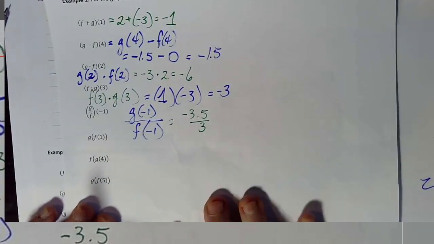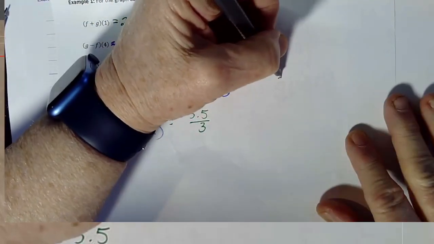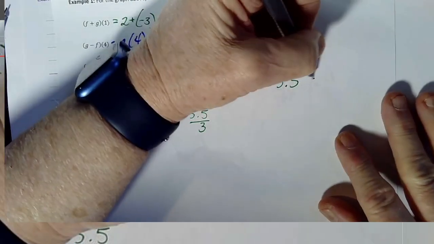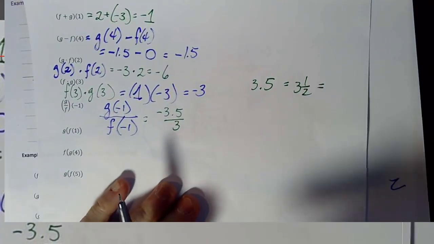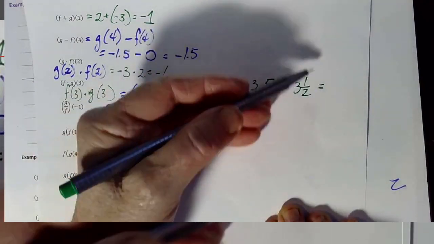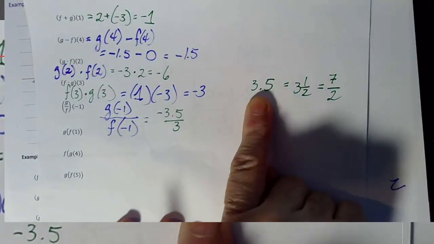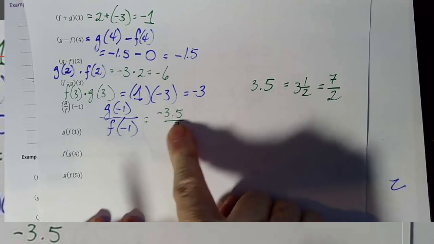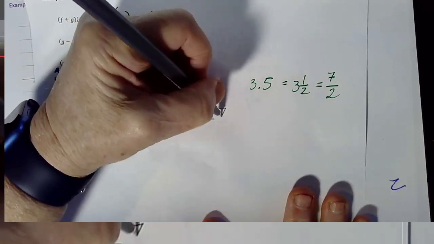And I'm going to make that look better. So let's see, 3.5, that's the same as 3 1/2. And I want to change this to an improper fraction, a regular pure fraction. So 2 times 3 is 6, plus 1 is 7. So 3.5 is the same as 7/2. That means negative 3.5 is the same as negative 7/2. So I've got negative 7/2